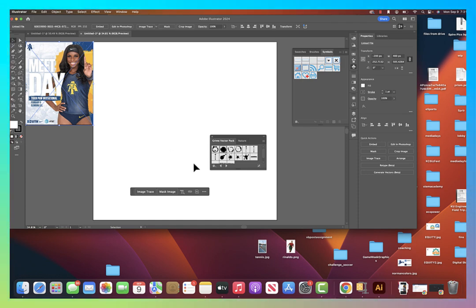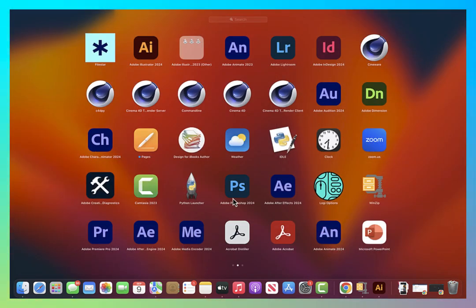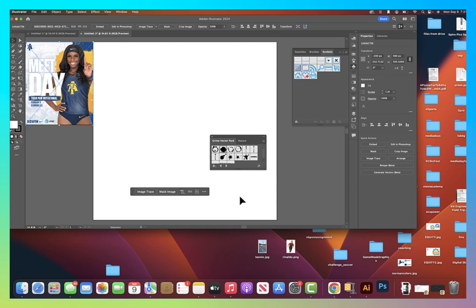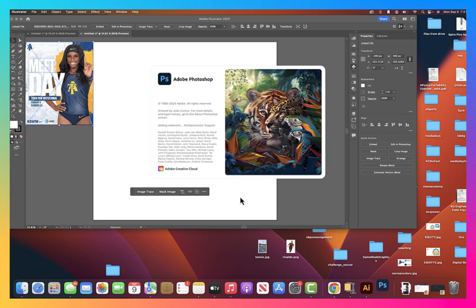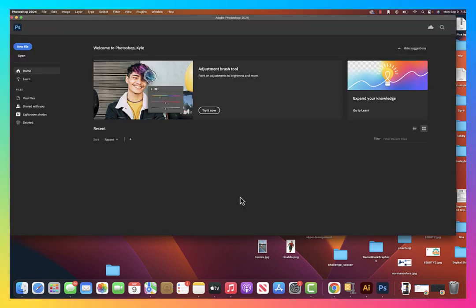So the first thing I need to do is open Photoshop as well. So I'm going to open Photoshop, and on the assignment are a bunch of images of our volleyball team. You're going to take one of these volleyball shots and load them into your assignment by cutting them out first in Adobe Photoshop. So as soon as this loads, okay, now I go Open,